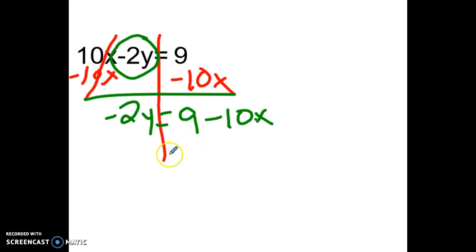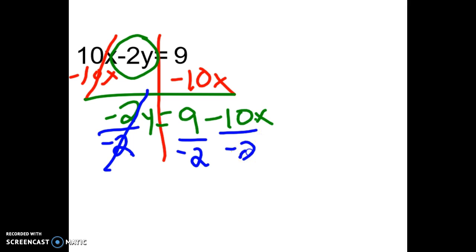Okay. This negative 2 is being attached to this y by multiplication, so to undo multiplication, I need to divide. I'm going to divide this by negative 2 and cancel that out, this by negative 2, and this by negative 2. Don't forget to divide each term. Okay, I can't just divide 9 by negative 2. I need to do the 9 and this negative 10. You are then left with y equals